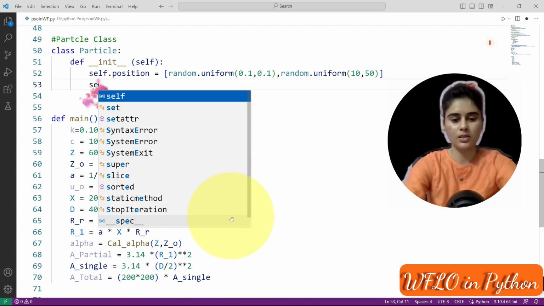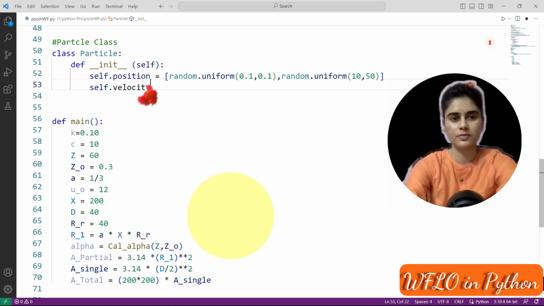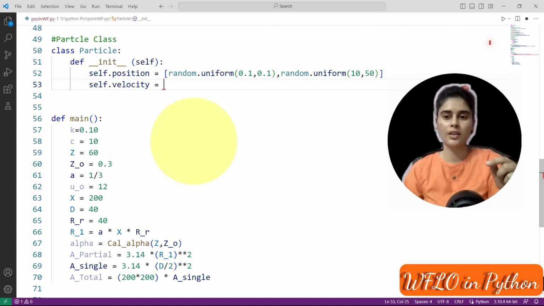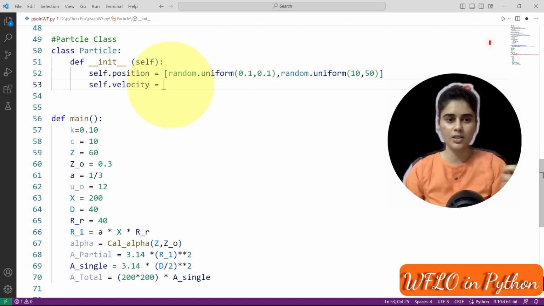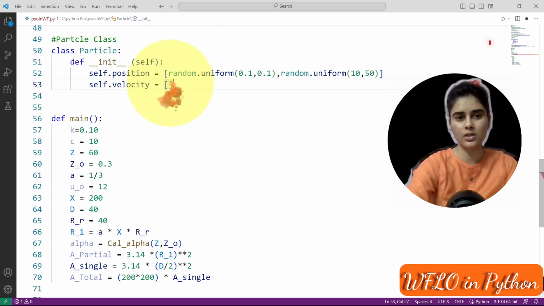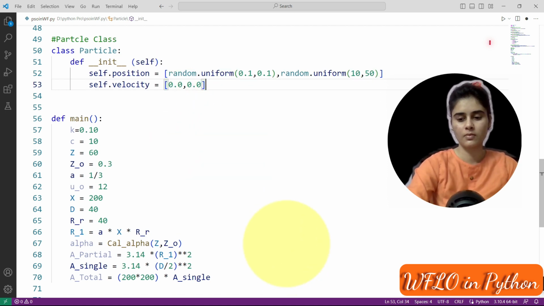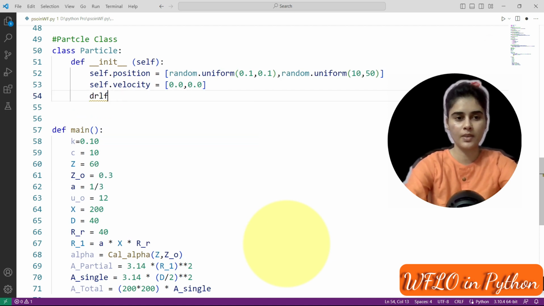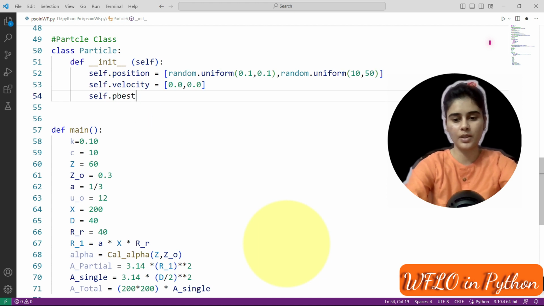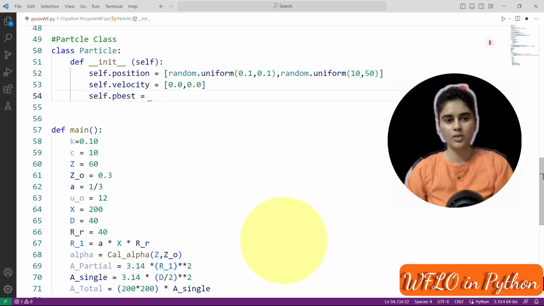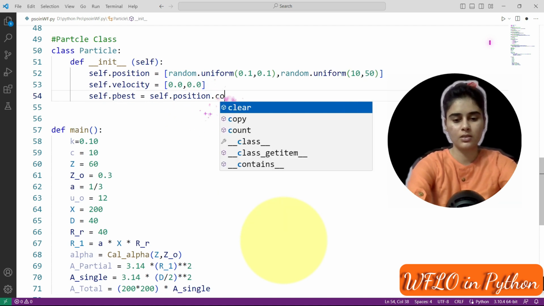These are just example values. Next we have velocity. Here we randomly initialize the agent's position in the search space. Initially their velocity is 0. Now their personal best value, the p best value, is a copy of their position, position dot copy.